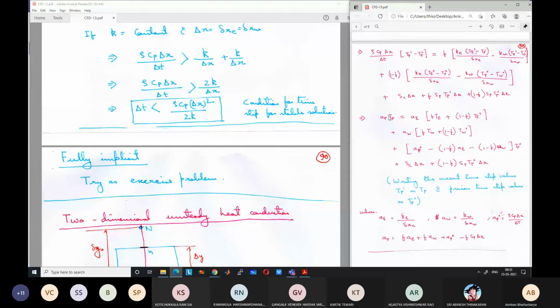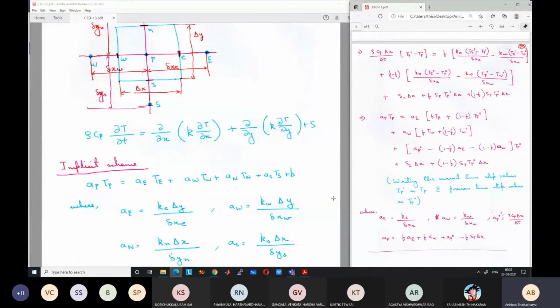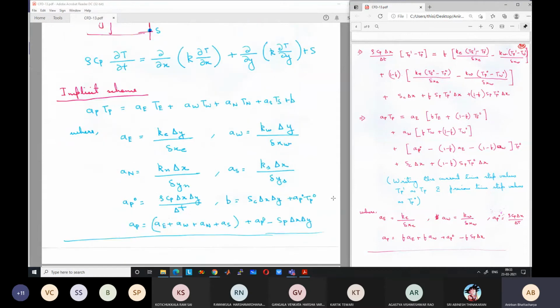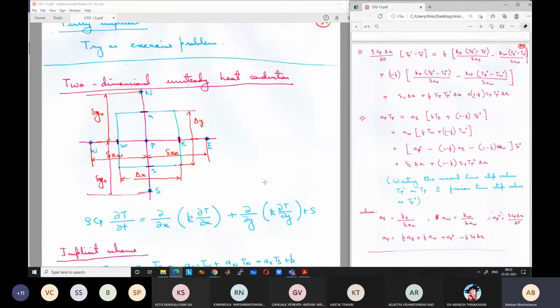Similarly, for the 2D also, I am going to leave it as an exercise, but I will just give an introduction of what will be the grid structure for the 2D problem. Then you can try to derive the discretized equation using the same process that we have tried. So for 2D, are there any questions on the 1D method? I assume there are no questions. It is totally silent.